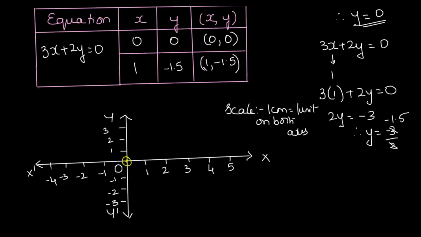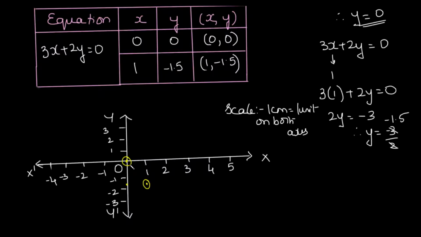The other point is 1 comma minus 1.5. So when x is 1, y is minus 1.5. See, 1 comma minus 1.5 means x is 1 and y is minus 1.5. So now that minus 1.5 comes over here. Okay, this point is minus 1.5 somewhat, and therefore our coordinate will rest over here. 1 and minus 1.5 is a point which comes in this particular point on my graph. You can draw it properly with paper, scale and pencil, etc.